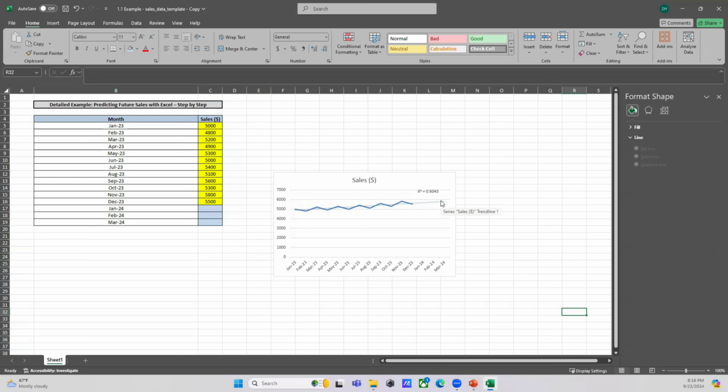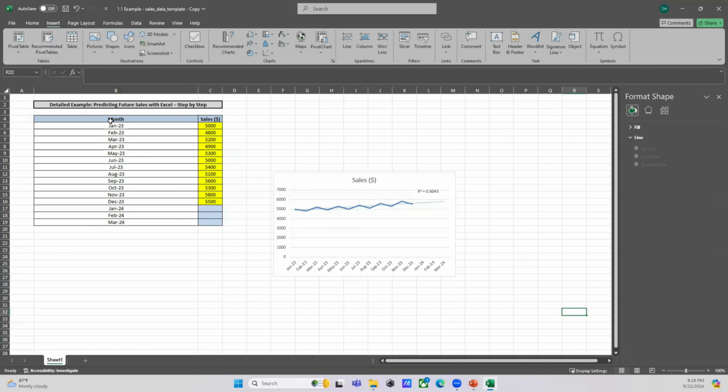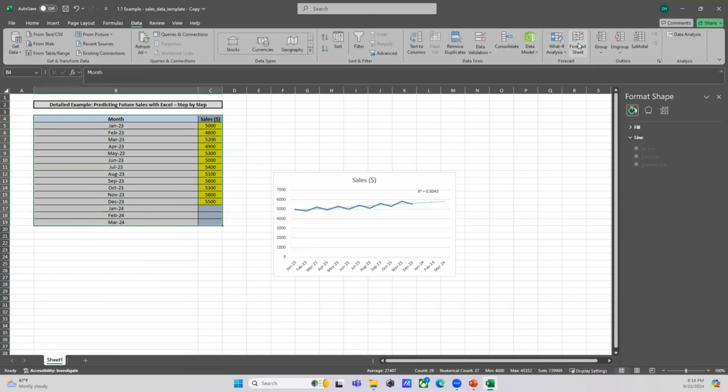This is one way. The second way is more precise. You can precisely determine, or you can quantify it better using the second method. You can use the forecast sheet method. To do that, first select the cells here, and then go to data, go to forecast sheet,